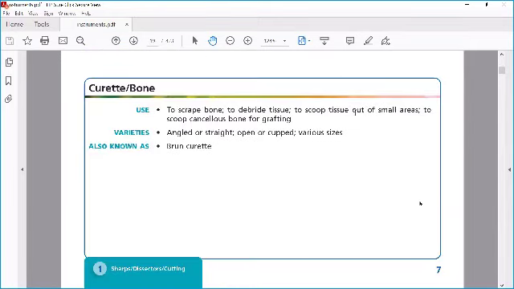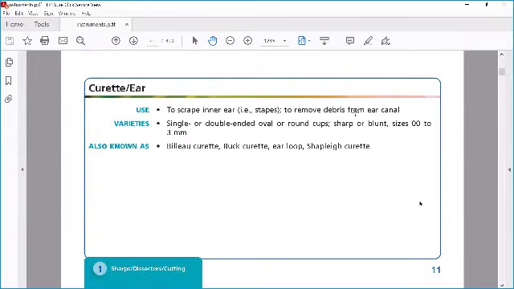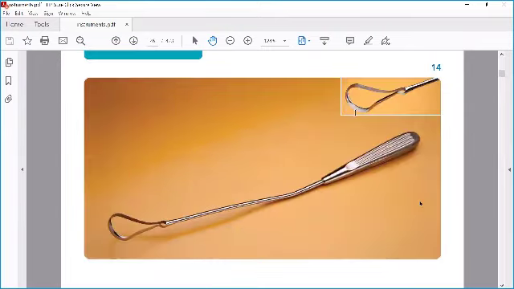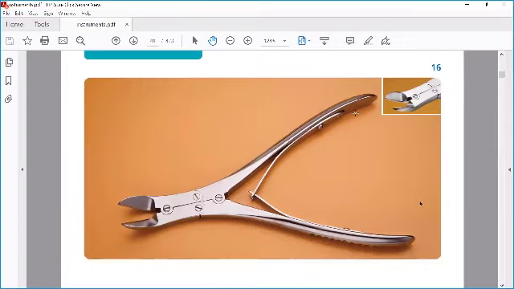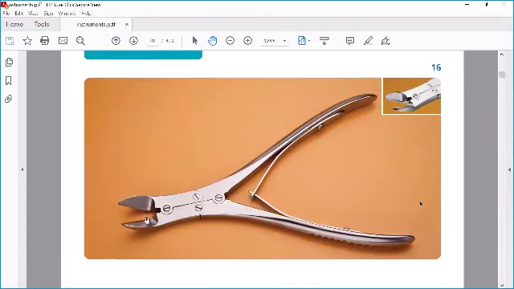I'll share this PDF with you so you can go through the theory part of this, okay? In this PDF, everything is there for surgical instruments, gynae instruments, and orthopedic instruments are also there. This is the same bone curette. The part which is important, I'll stop and show you, okay? So this one is a bone cutter. You use it for cutting bones, cartilages, and wires also. When we are using K wires, we can cut with this bone cutter.